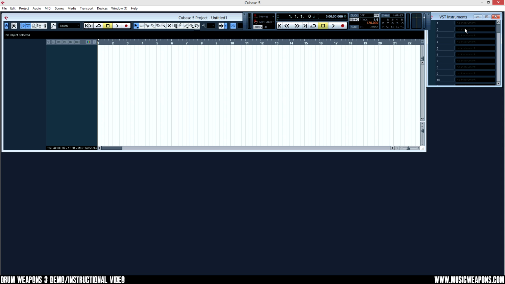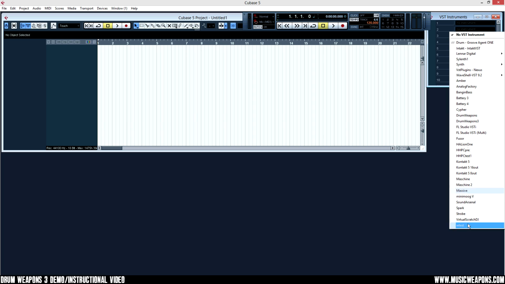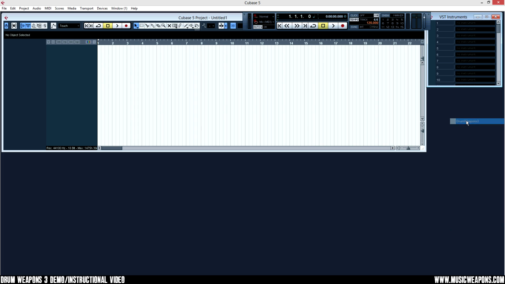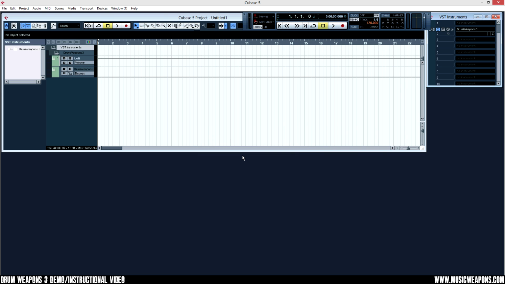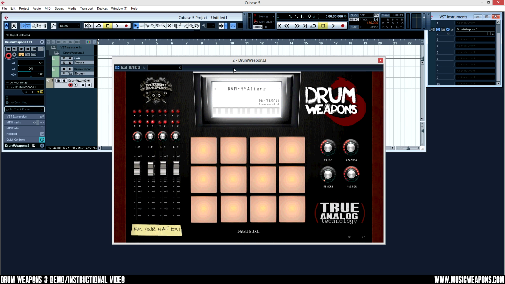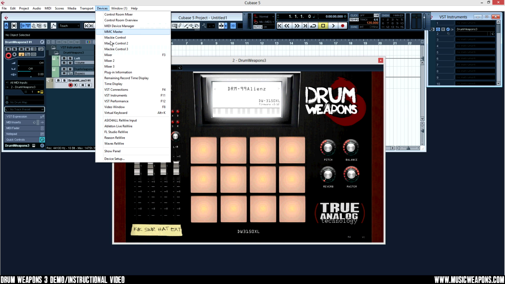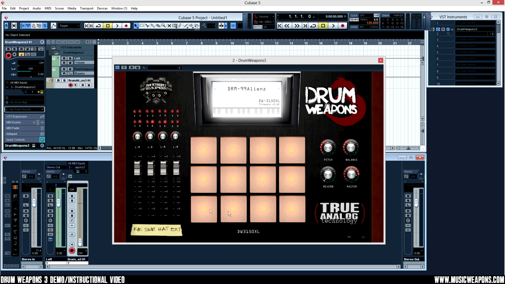All you're going to do is click in one of these slots, and your VST plugins, your instruments, will come up. We're going to load up Drum Weapons 3. You're going to have Drum Weapons 3 or Drum Weapons 3 64. Click it. We're going to want to create a MIDI track, why not, it goes with it, already set up. And there you go, that is how you bring it up. Now I'm going to show you how to set up the routing. As you can see right now, it's just going to one stereo output,